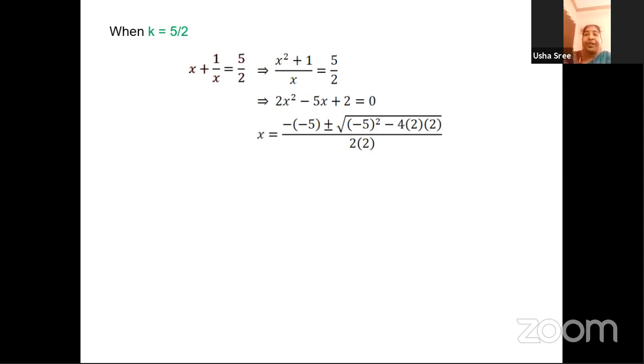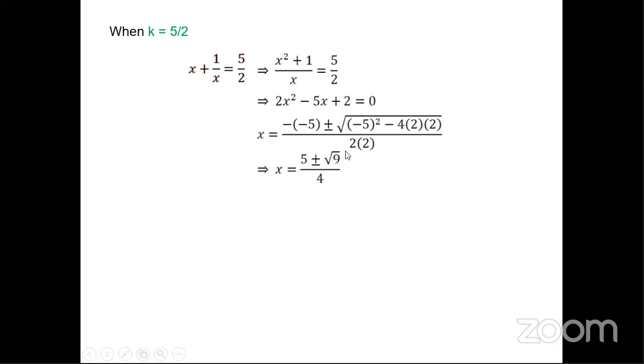So you are getting irrational roots. Now since you are getting irrational roots, you can always comfort yourself by making use of the formula, that is minus b plus or minus root of b square minus 4ac by 2a. So when I substitute that, you will have minus of minus 5 plus or minus root of minus 5 whole square minus 4 into 2 into 2